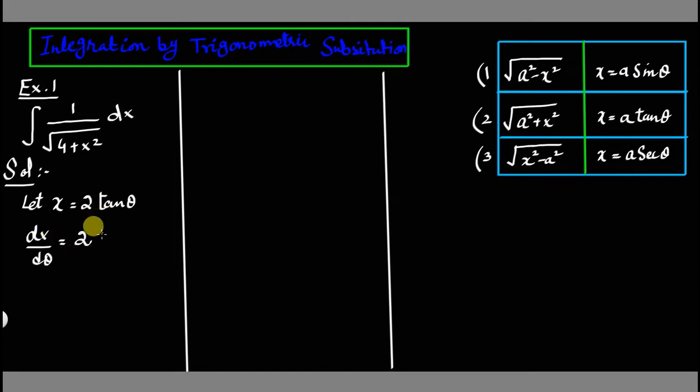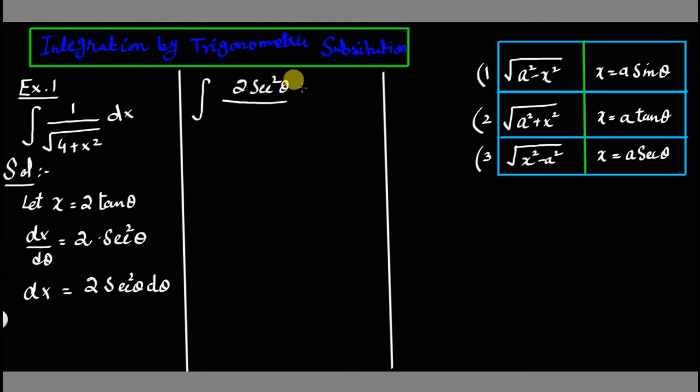the differentiation, which will be secant square theta, and the final value for dx will be 2 secant square theta d theta. Now you can substitute these values into the question. So what will you get? Your question will become in this form. Dx will be substituted by 2 secant square theta d theta,